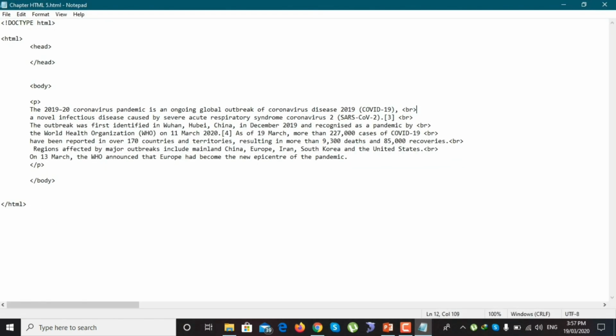The BR is also an empty element. It does not contain a closing tag. Every tag in HTML contains a closing tag except for some cases. For example, number one is the exclamation doc type HTML, number two is the BR tag, and number three, we have covered the HR tag, the horizontal rule tag, if you remember. If I copy the HR tag and paste it after the BR,